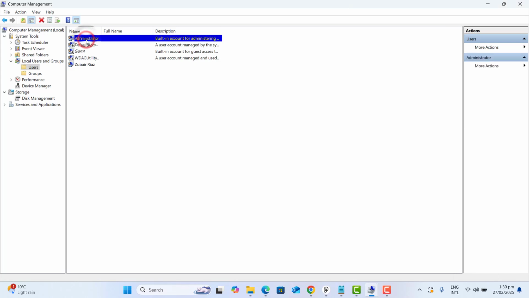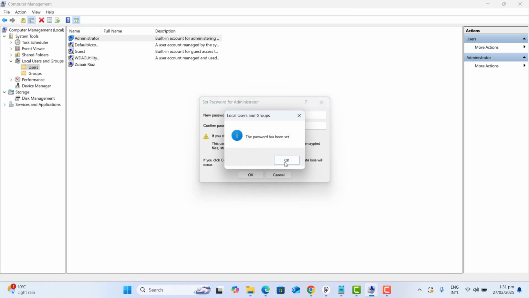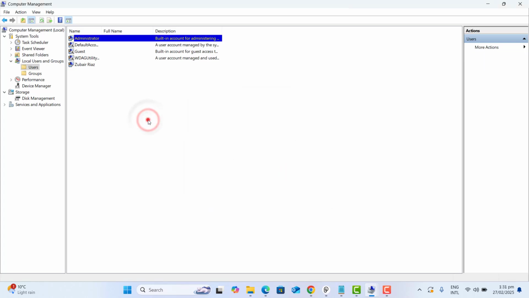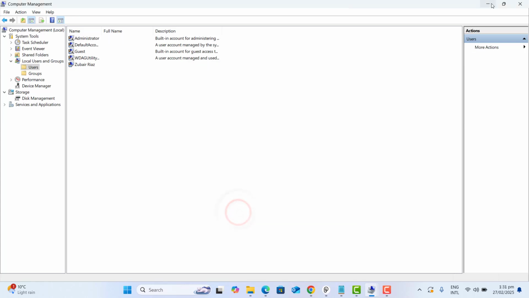Now this account is enabled. Make sure you also have set up the password. So if you again want to disable this account, that's simple. Please go to Computer Management again and right click on this account. Go to properties and again select disable and then go ahead and apply and OK. This is the first and simple method of enabling and disabling your computer administrator if you're logged in with any